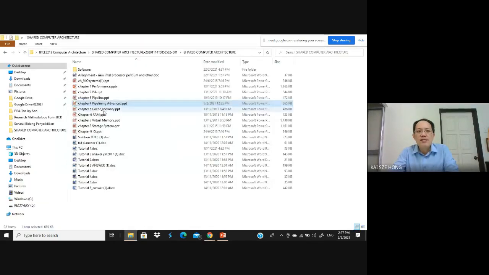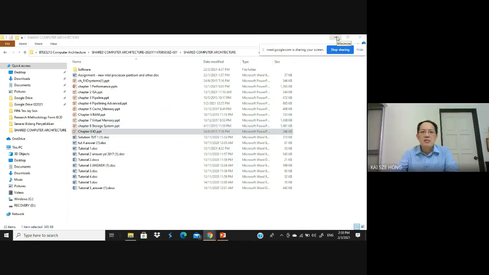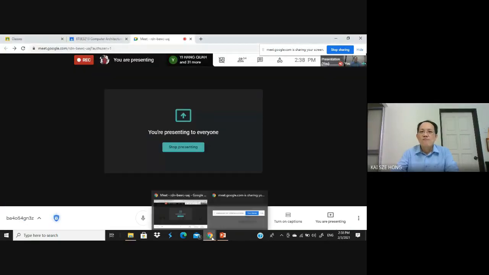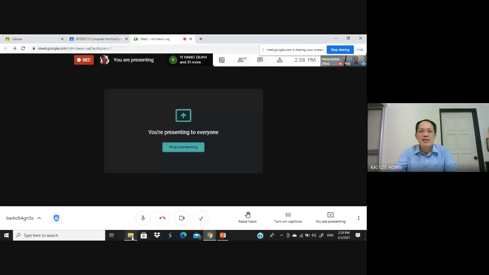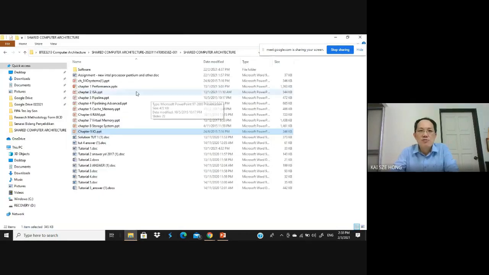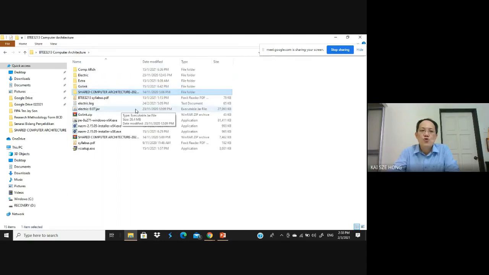So for your information, we still have 3 chapters at the back. But mostly these are all about the theory. There are very few calculations over there. Mostly about the theory, because we want to learn about the concept. So for today, let's see what we can do. Later, I will continue to teach about the Intel instructions. Okay, but before that, let me introduce you to